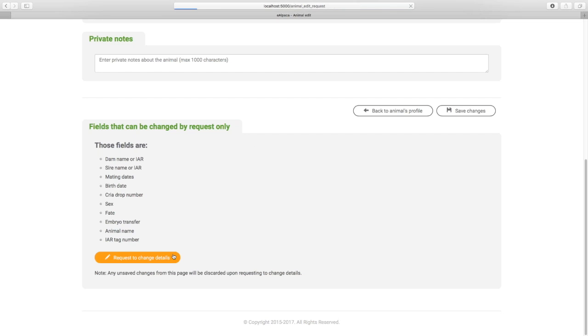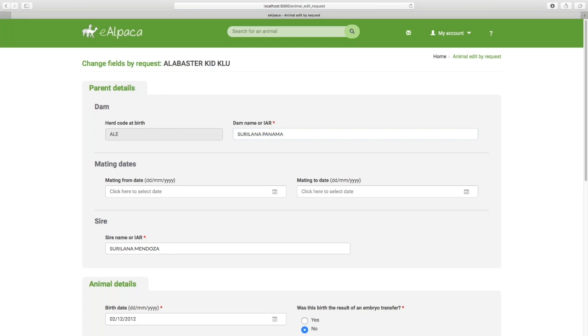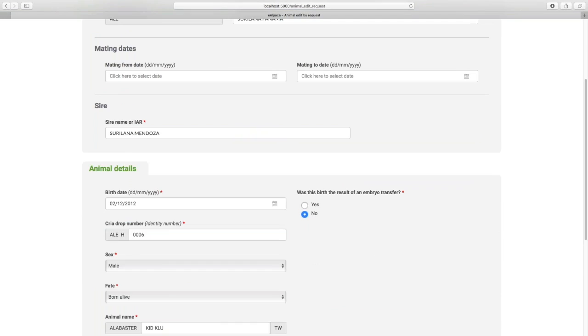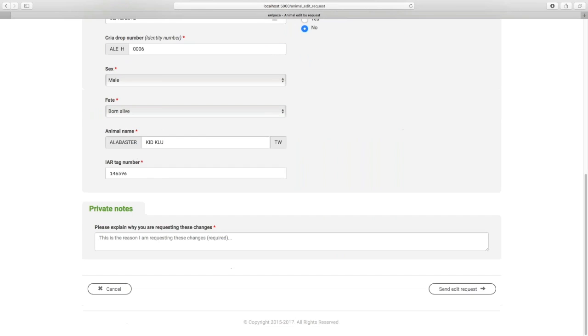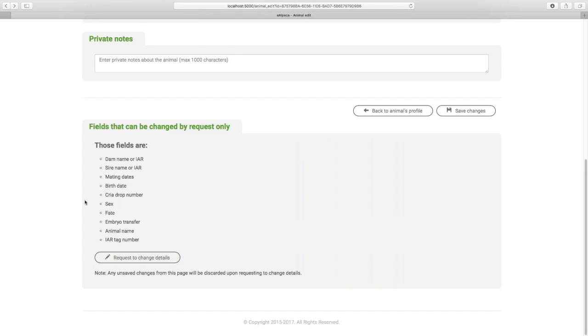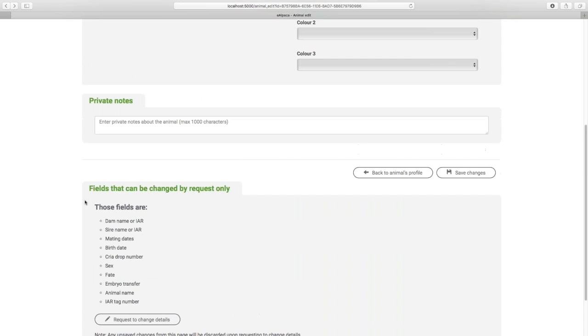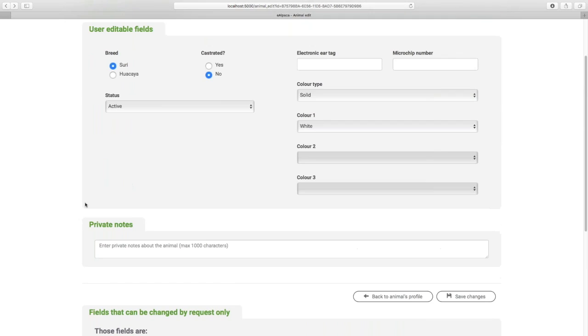So I'll just show you that. Click on request to change details. I can change any of these details around this animal, but at the bottom, I need to say why am I making these changes? Anything is available to you to change, but only if you explain why. Otherwise, the national office might be curious as to why you're changing the date of birth of an animal just before a show entry. All right, but basic information like its breed,